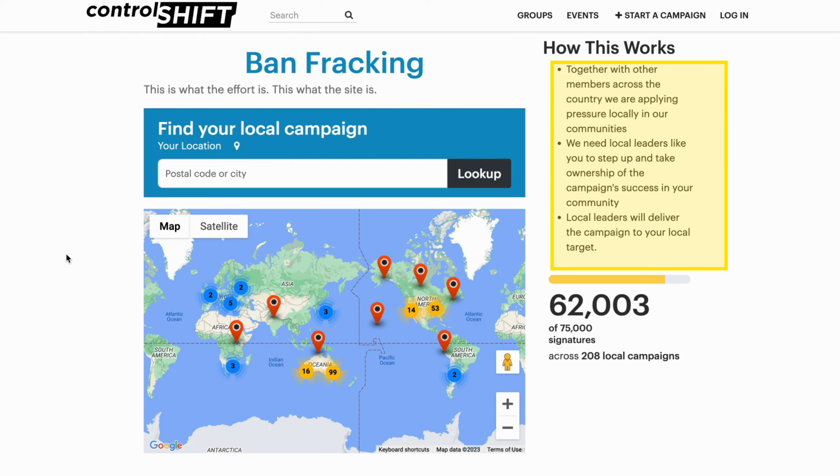The second piece of text is the how this works text. This is generally a more generic description of how an effort fits together, that there will be many local petitions and they will all contribute to a national or international win. Like with the efforts hub page, you can customize both of these pieces of text from the efforts admin settings. For more information about where to go to customize these pieces of text, check out the articles and videos in our Help Center. With that initial information out of the way, let's dive into the supporter experience of efforts.